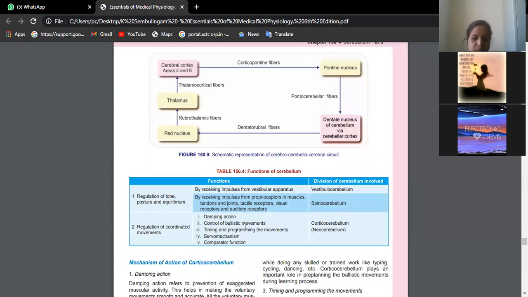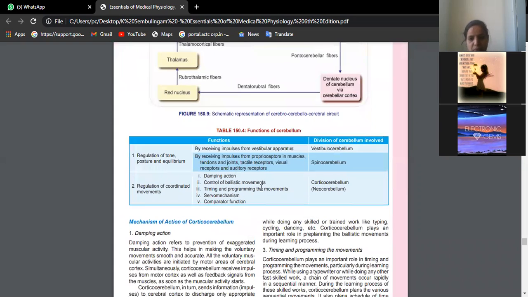See here, this is a summary chart of everything in fact. Vestibulocerebellum for controlling the vestibular apparatus, spinocerebellum. This you can write if a 3 marks question comes. This table is for what are the functions of the cerebellum. Then just give this small table subdividing the cerebellum into these 3 components and give the functions. And to elaborate here, see damping action.